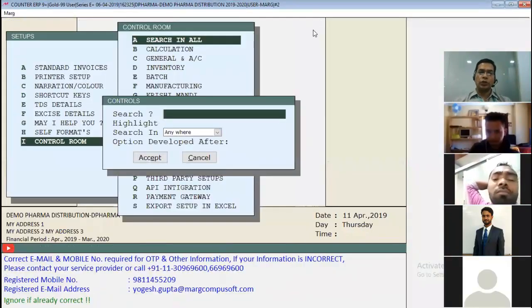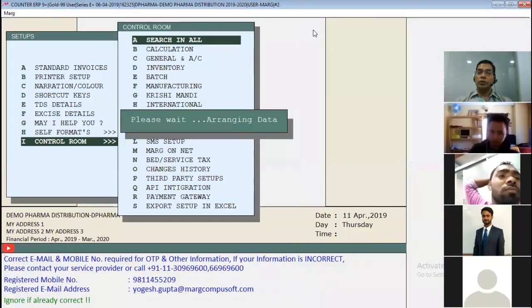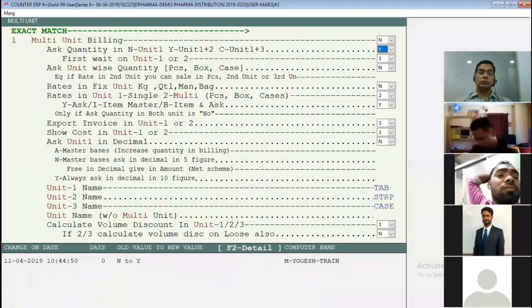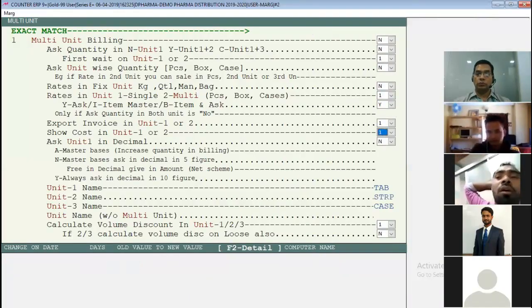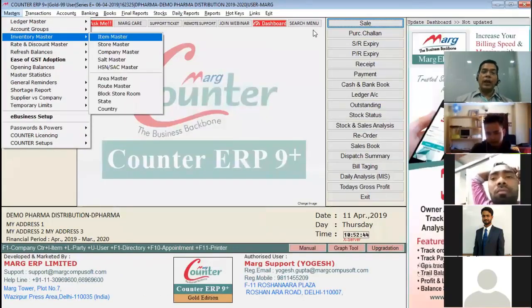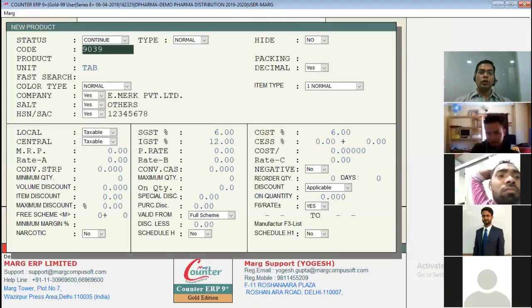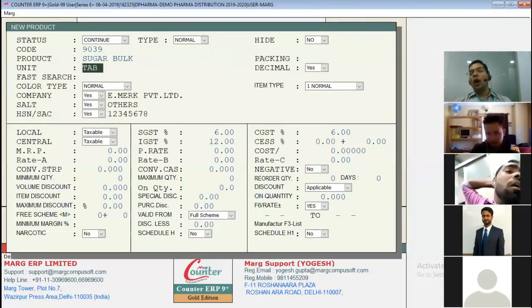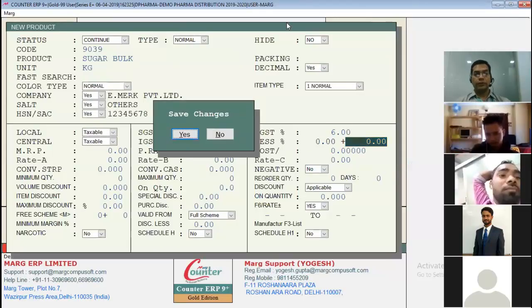First of all, I just switch off the multi-unit. I'll make one item, F2, called sugar bulk. Now I'll measure it in kg. Save it.